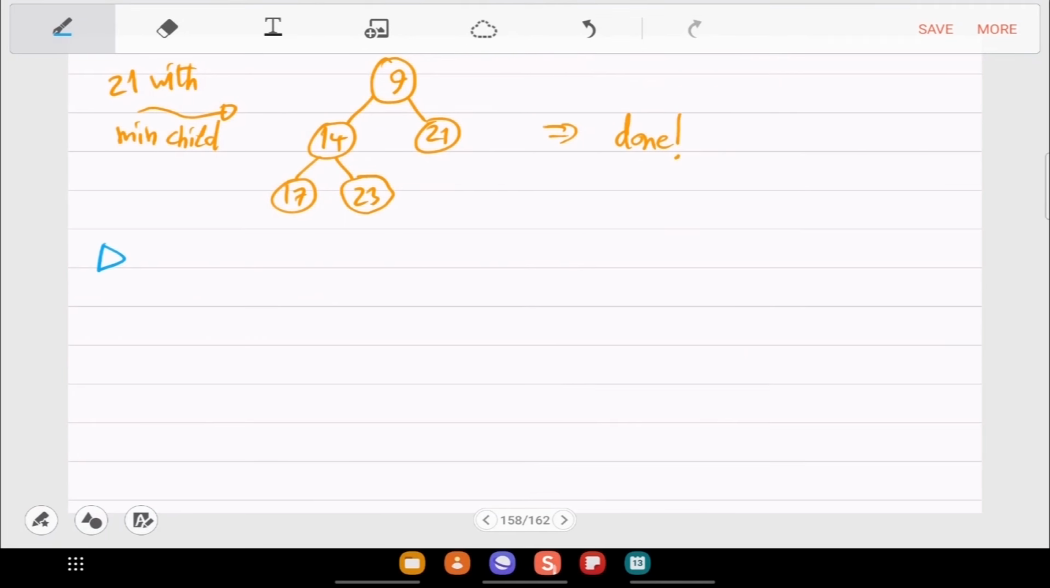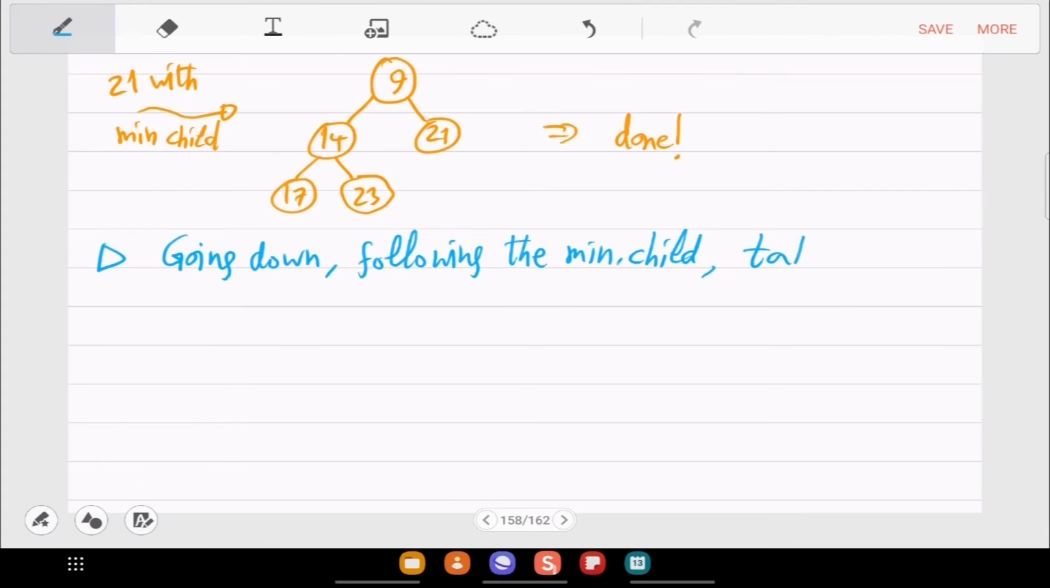So this idea, following the min child, will take time because remember the min child is unique, right? So you will go down only in one way. In every step, you just go down in a unique direction. And then when you reach the leaf,